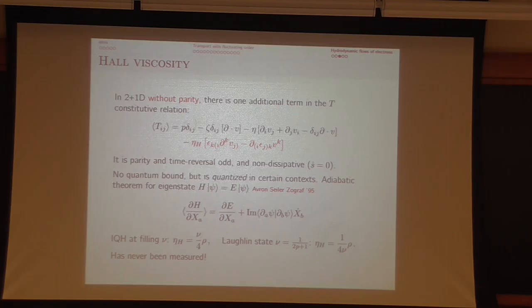And so for some smart choice of these external parameters, you can exactly compute what the Hall viscosity is. So for example, for the integer quantum Hall state, it's given in terms of the filling fraction nu by this expression. And for the Laughlin state, the expression is slightly different, but it's always quantized. So nu is basically the quantized Hall conductivity. And the Hall viscosity is related to the same quantization.